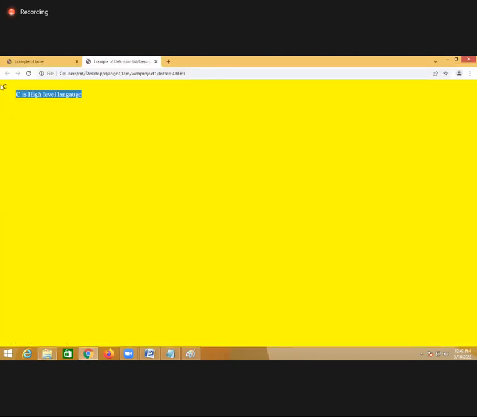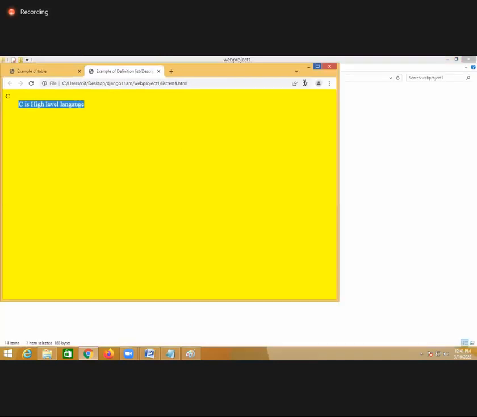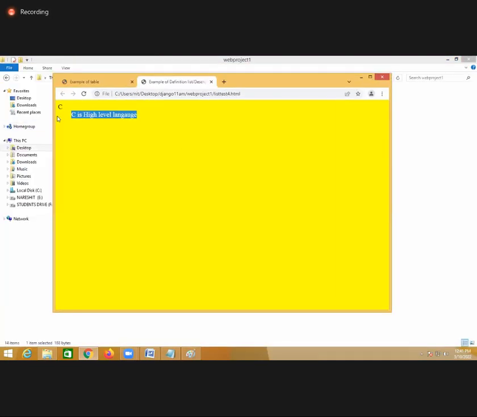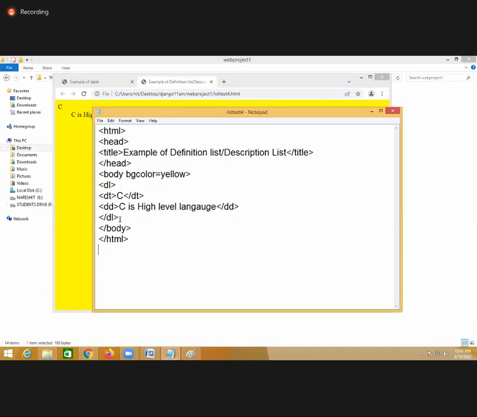Now this is a definition text and this is a definition value. You can write it. Definition text again. What is the definition text here? Python. Definition text is Python, and definition value: